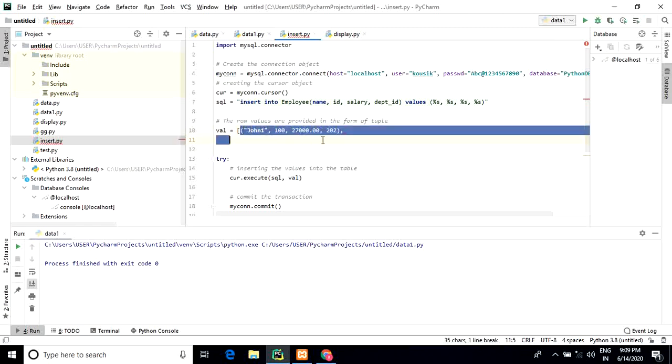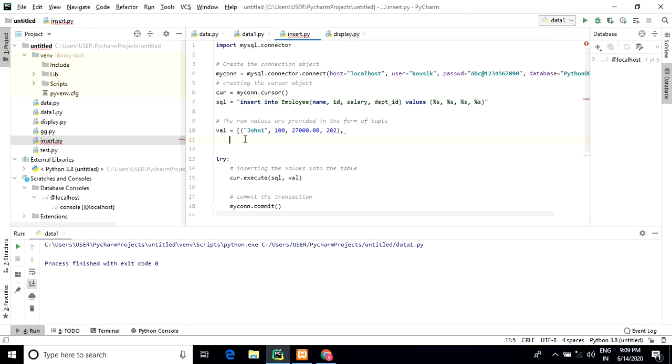This is the first value, isn't it? Okay. Now next, second value. Just write here the second value, John 2. Sorry, John 2.